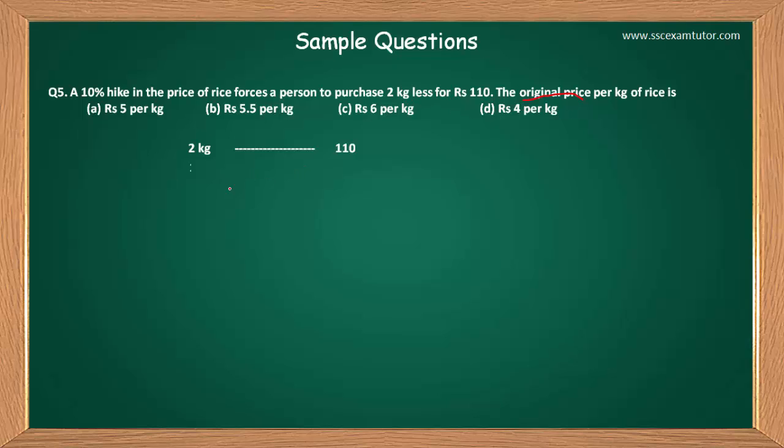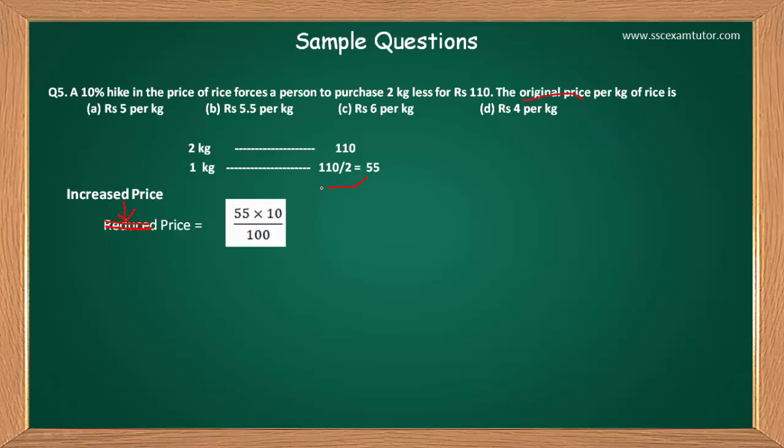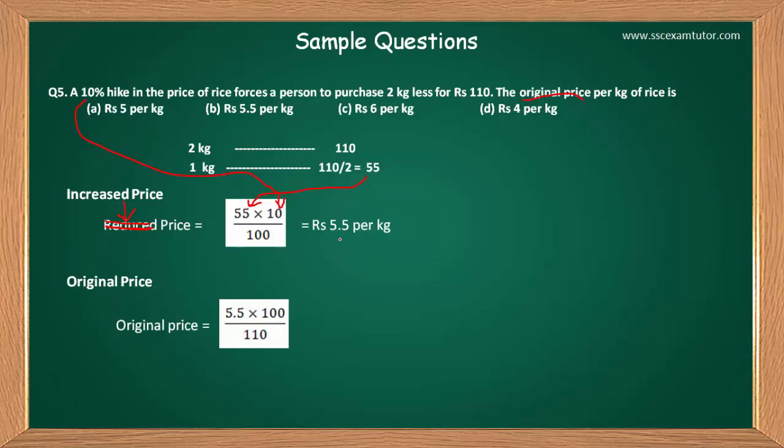2 kg का दाम 110 है, तो 1 kg का दाम 110 अपॉन 2 जो कि 55 होगा। और ओरिजिनल प्राइस निकालने के लिए आपको इंक्रीज प्राइस निकालना ही होगा इसमें। तो अगेन यहाँ पे गलती है, यहाँ पे इंक्रीज प्राइस होगा। तो इंक्रीज प्राइस जो कि 1 kg का दाम होता है, और यहाँ जो भी परसेंटेज दिया हो अपॉन 100 करने से हम निकाल लेते हैं इंक्रीज प्राइस। और ओरिजिनल प्राइस के लिए हमें इंक्रीज प्राइस की ज़रूरत हमेशा पड़ती है। तो ये इंटू 100 और अपॉन ये 10% हाइक,